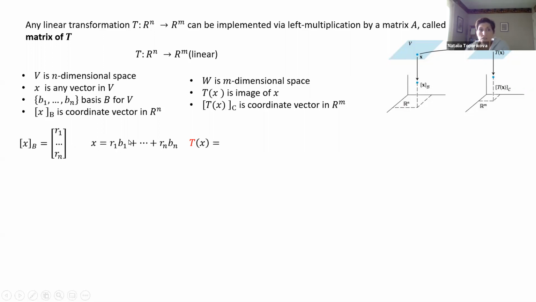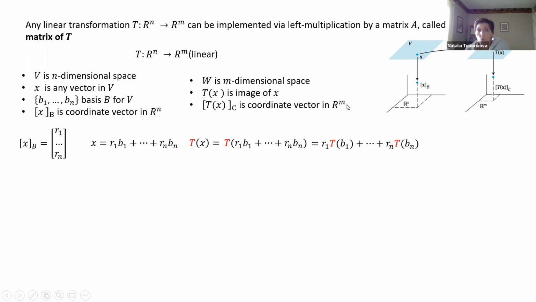Now let's apply our transformation T to the vector x. Because our transformation is linear, we can break this sum into the sum of the transformations. We can also pull out the constants r1 to rn, they're just numbers,